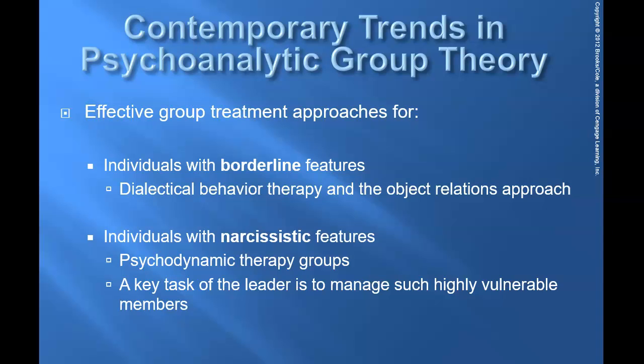This approach includes individuals with borderline. You can use DBT, dialectical behavior therapy, in the object relations approach because borderline has a high comorbidity with trauma. And usually that would be trauma in childhood, and that is indicative of the borderline features that come out in borderline personality disorder. And that would suggest that there were issues with that attachment figure, and helping to have that differentiation of self and healthy version of self and attachment and feeling secure in self would help to mediate some of the symptomology of borderline.